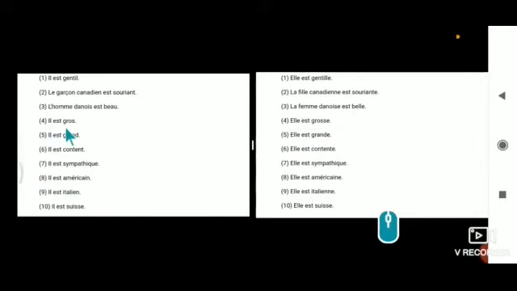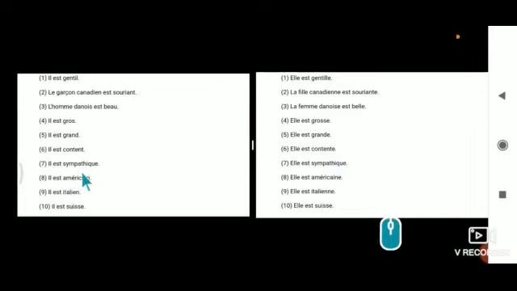This is rule number 3 as we saw. Il will become elle est gros. As per the rule, we have to double the s and add an e. That is what we have done here. Rule number 1 is very simple, just adding an e. So il est grand, we write elle est grande. Il est content. Elle est contente.